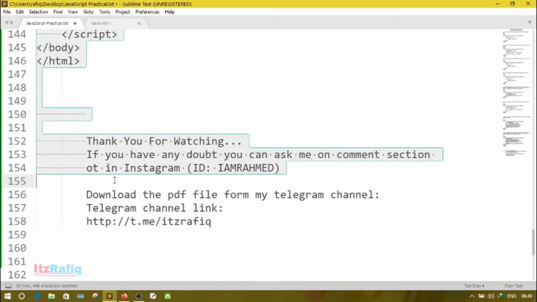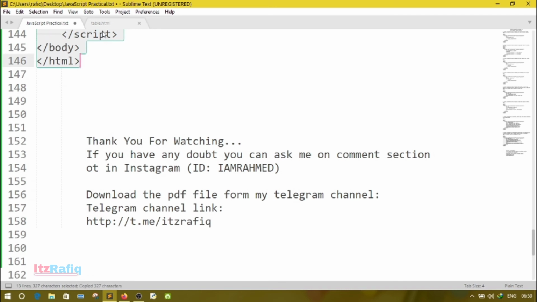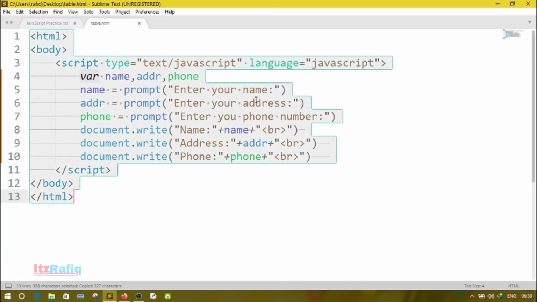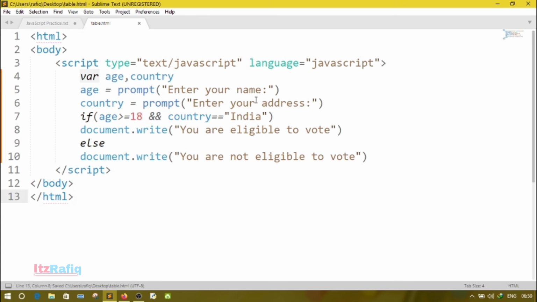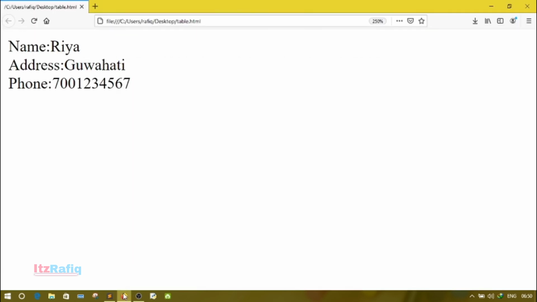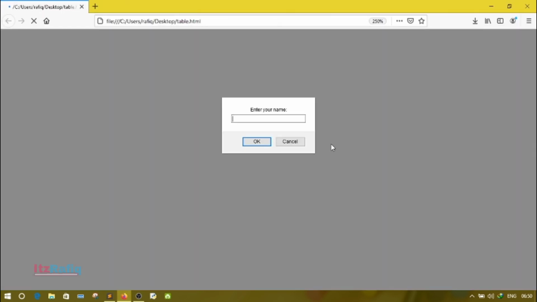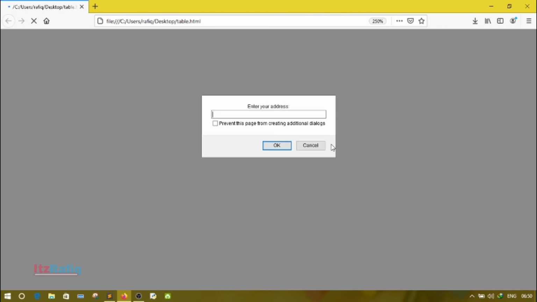Now save the program and see. So it asks me to enter my name. Suppose it's Ria. Enter my address. It should be enter your country.